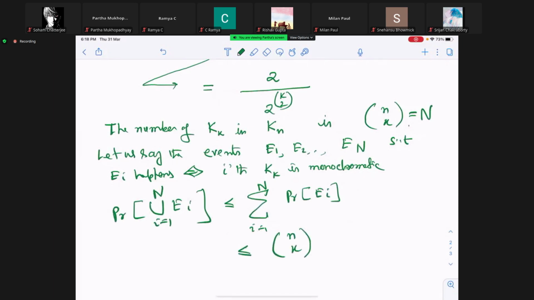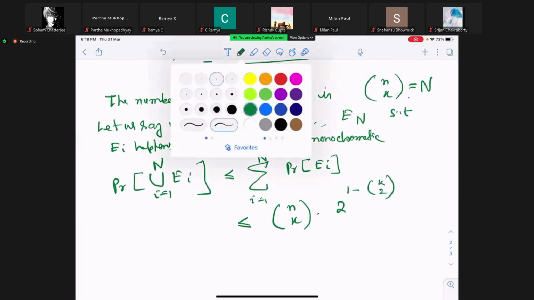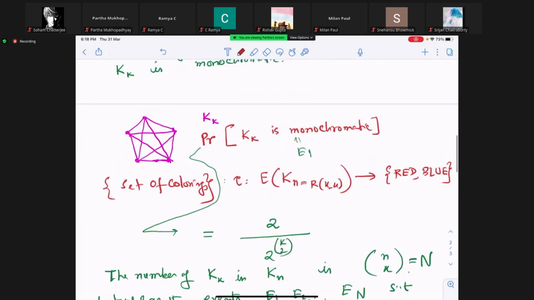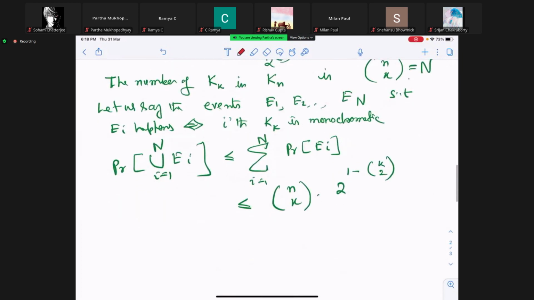So let's write it as 2 power 1 minus k choose 2. Are you okay? Now, by this golden rule of probability that I just wrote, it is enough to prove